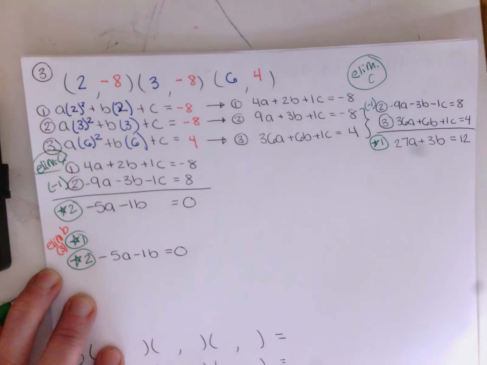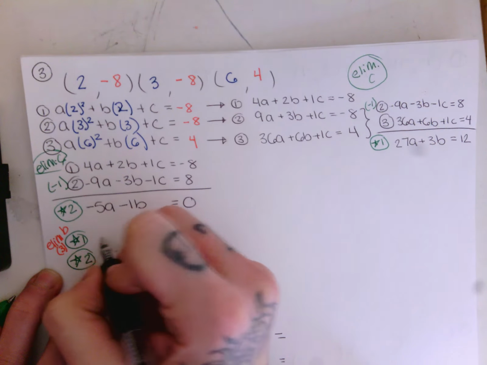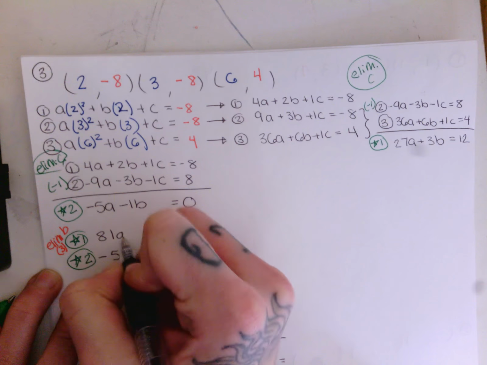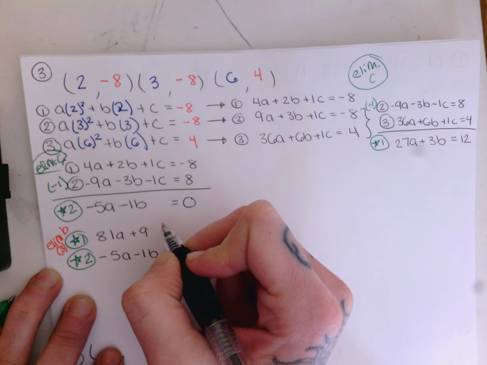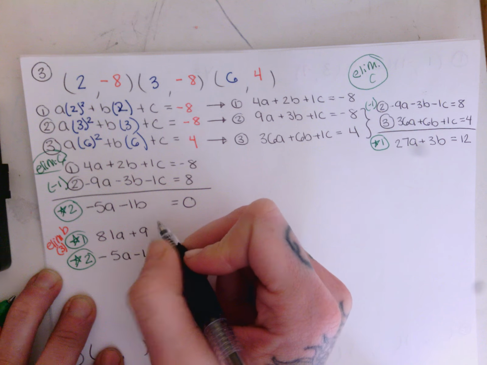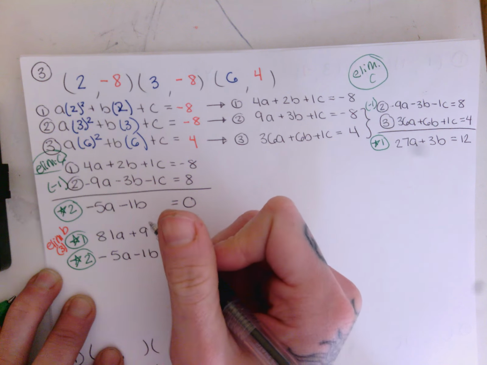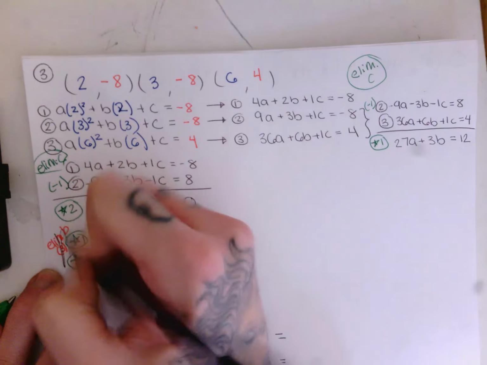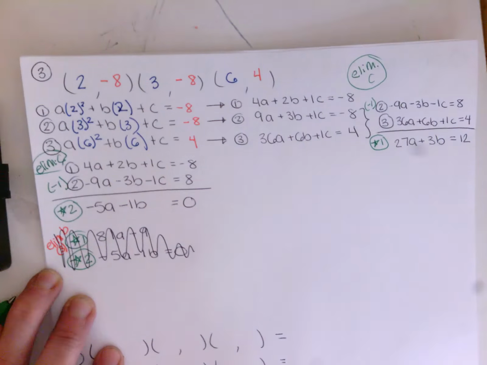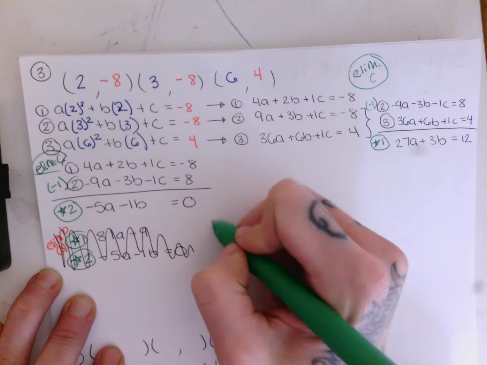And equation 1, I'm going to multiply everything by 3. So we've got 81a plus 9. Equation 2 needs to be multiplied by 3. Oh,